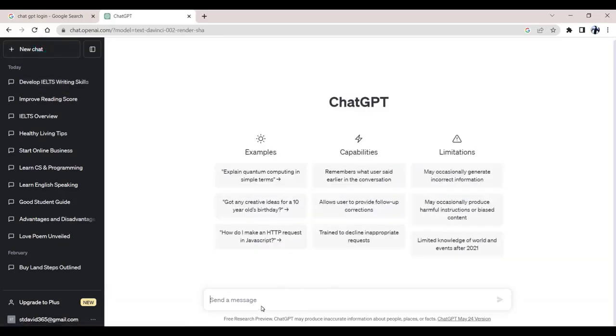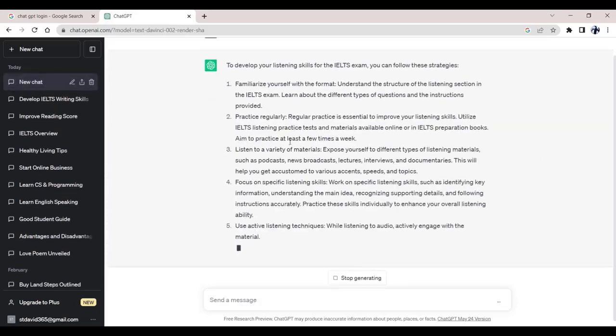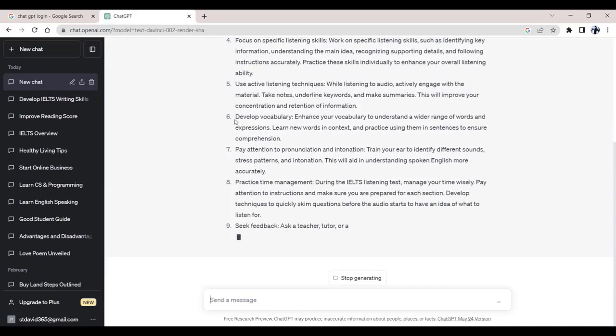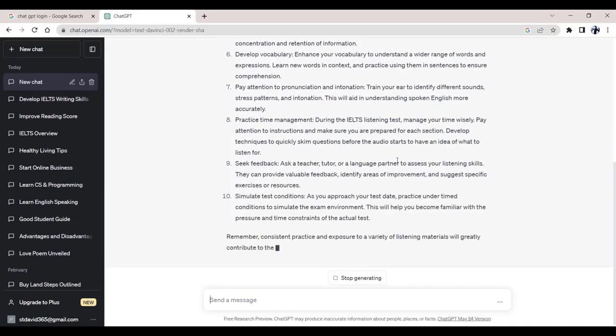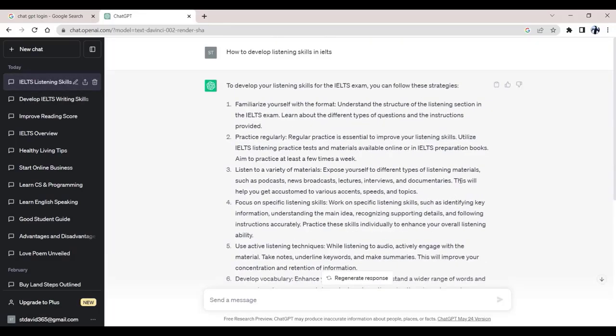Anyway, how to develop listening skills in IELTS. You see, practice regularly, use active listening, develop your vocabulary, practice time management, simulate test conditions, get feedback. So these are the things, everything you will find here. So speaking, reading, writing, listening. Now